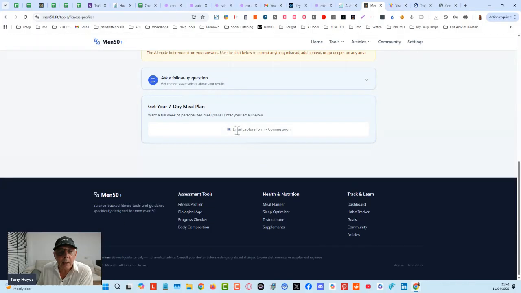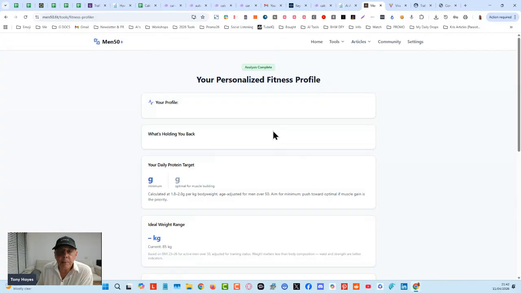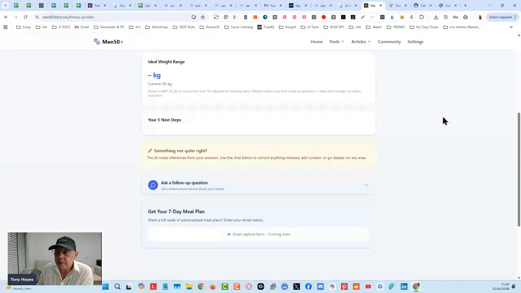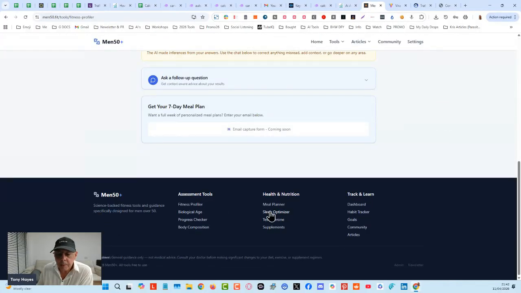We can say to them, you can have a capture form here, like, would you like the meal plan? And you can put in the email here. And so these multi-step calculators are really, really good. That's what's coming, hopefully tomorrow. So even if you make a purchase today, you've got version 1 today and version 2 tomorrow.